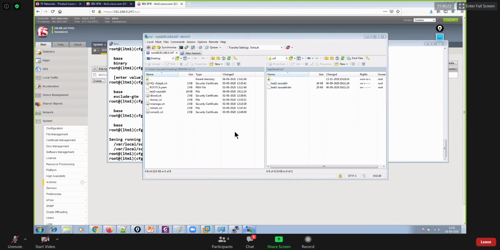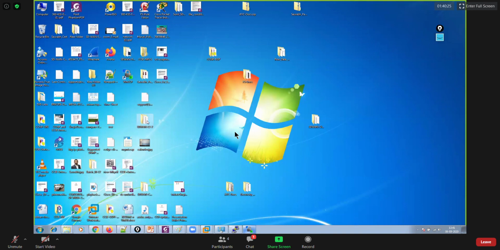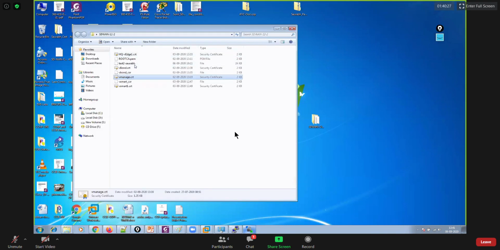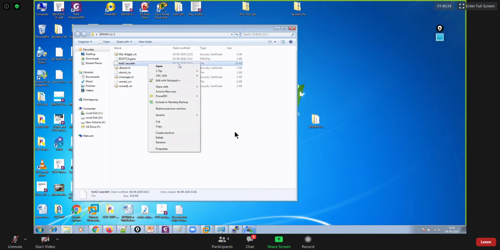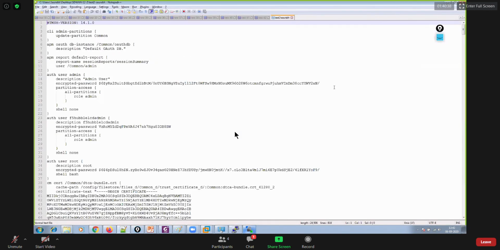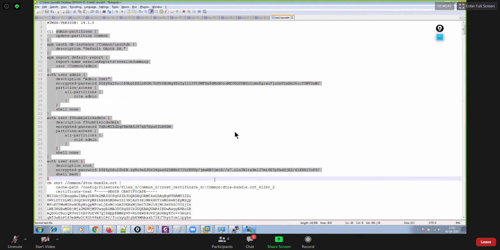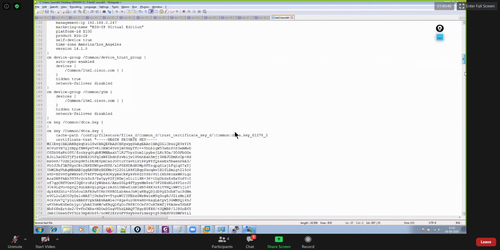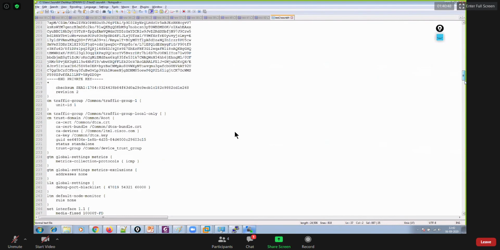And then you could open up this SCF file, test2 Saurabh, open with Notepad++, and here you could see the configuration of your box. This is your configuration. You can open it in text format.